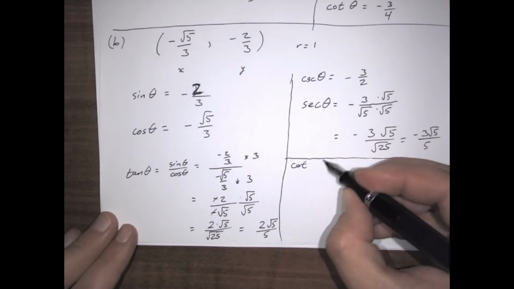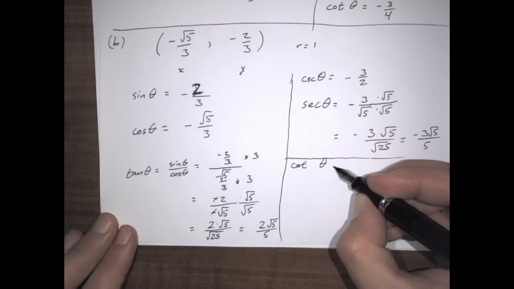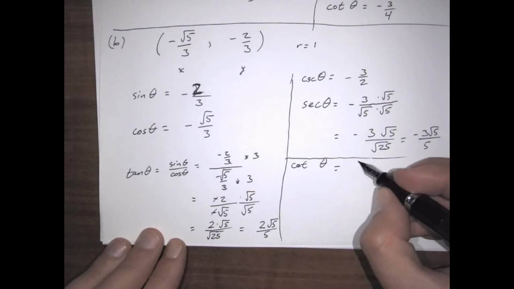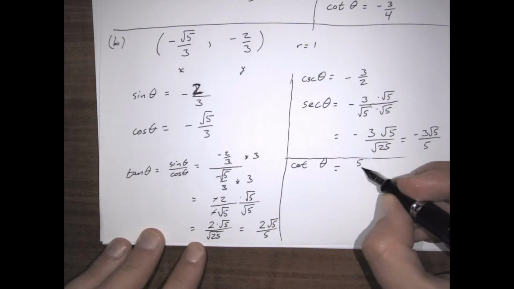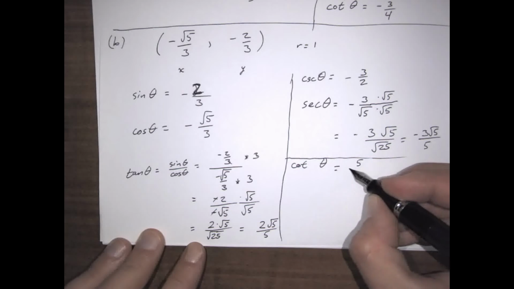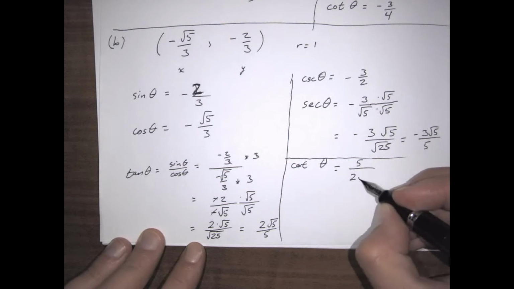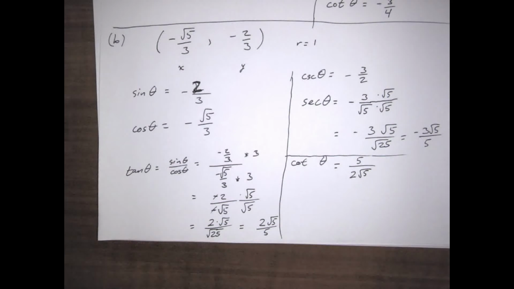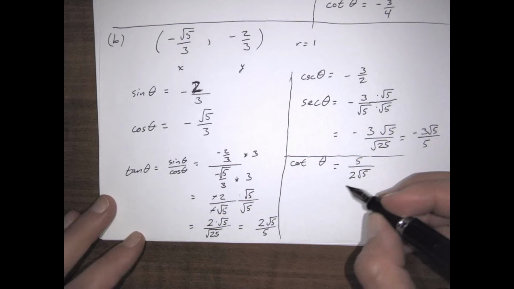Okay, now cotangent theta. This is the reciprocal of tangent. So let's just take the tangent as we found it before and flip it upside down. So 5 on the top, 2 root 5 on the bottom. Once again, we have an irrational factor in the denominator. So